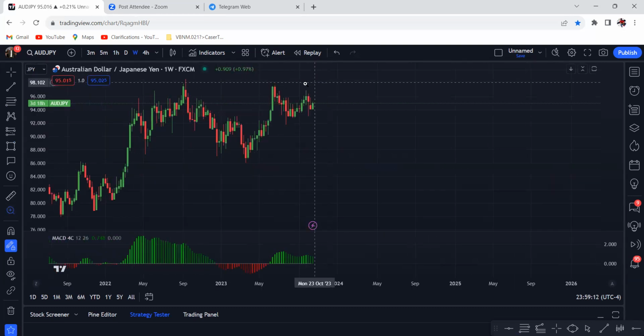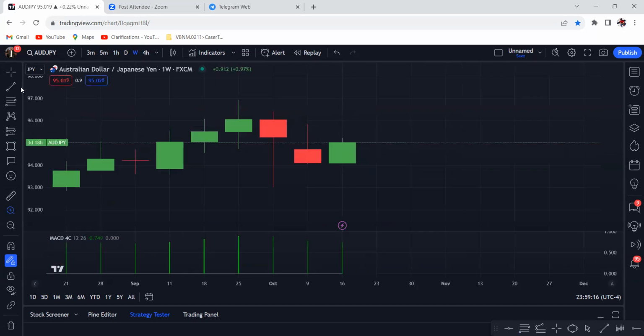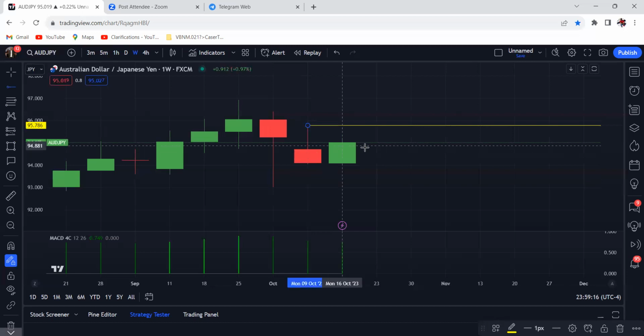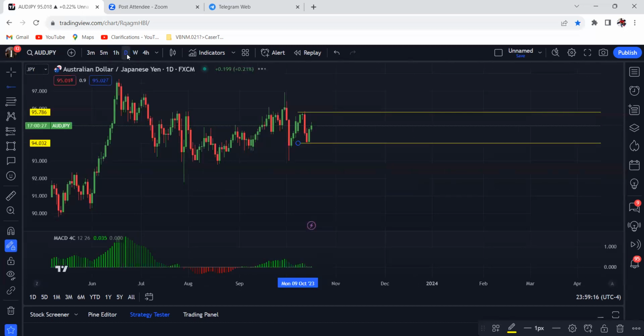Last week's high and low. Let's just mark that off. So we know eventually this candle is going to break above this high or break below. So we got the high and low of last week. This is our current weekly candle. Perfect. Let's go down to the daily.